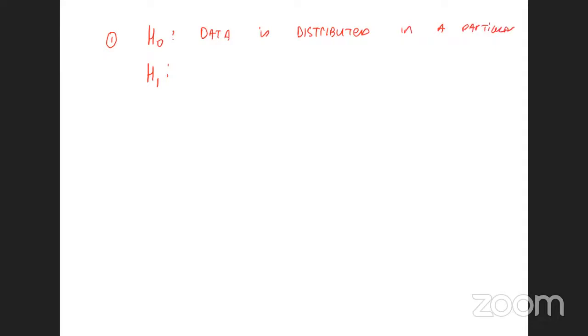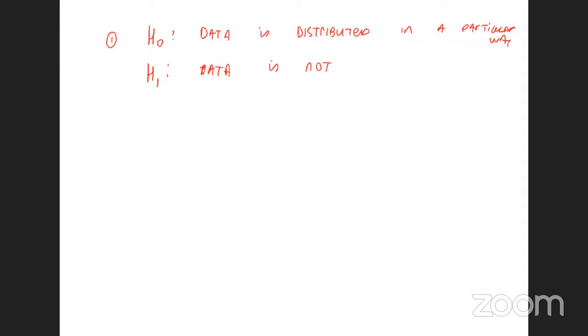It could be Poisson, normal, right? And H0, it is not, right? H1, the data is not. Nice. That's your hypothesis, right? Next step. The next step that we need to do